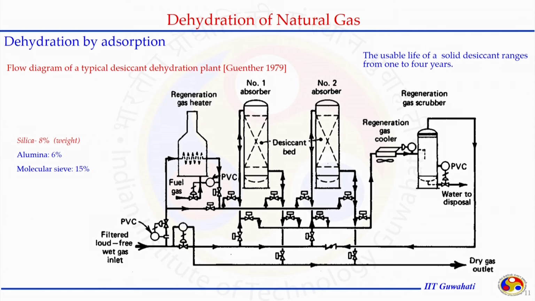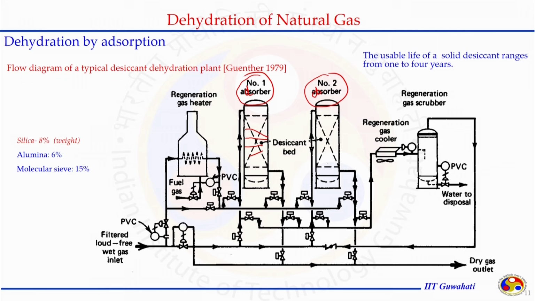So, this is the adsorption process. The flow diagram shows all the equipment and the flow of gas through the schematic diagram, and in this schematic diagram there are essentially two towers. There could be more than two towers. We can say this is number 1 absorber or number 2 absorber. That should actually be adsorber, because if we have the solid packing here, the process is called adsorption, and we can say it is an adsorber or contactor.